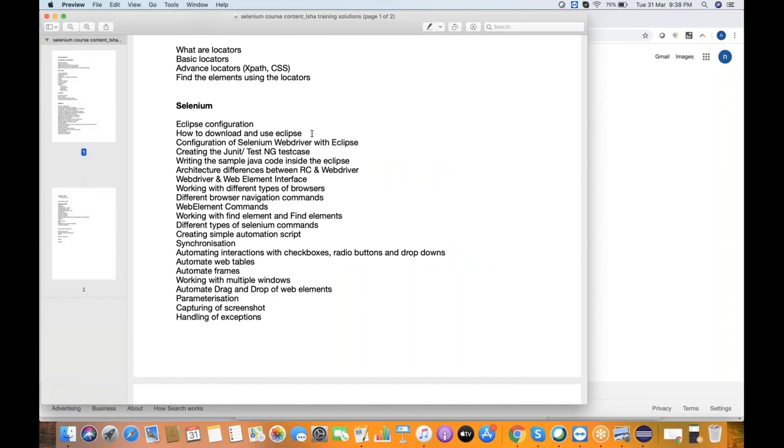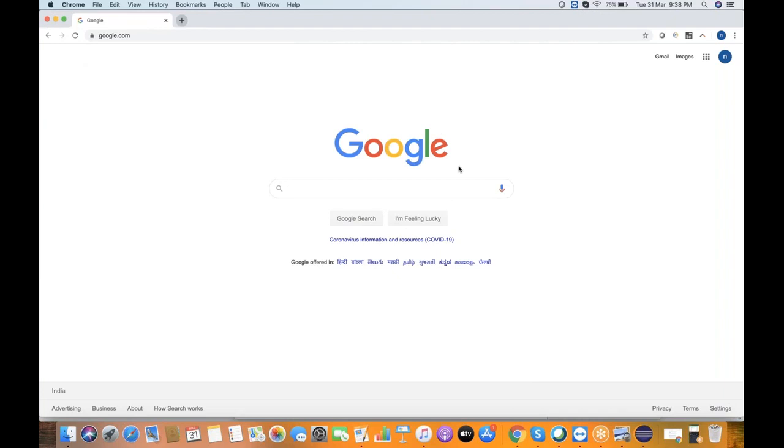Even though we use Eclipse from the Java stage, we'll see how to create a new project to start working with Selenium. Also how to launch the browsers, as it supports various browsers. After identifying the elements, we have to launch the browsers, right? So we'll see how to create a script.